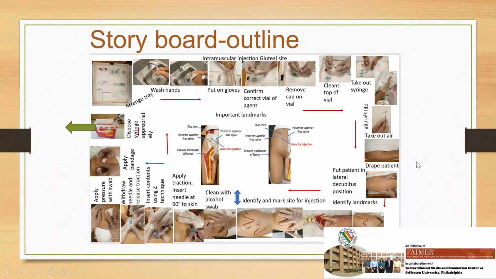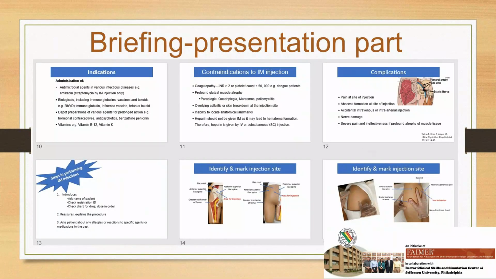After that, what is usually the process for any simulation? You build up a storyboard. In the next slide, we are going to show how to build a storyboard. The storyboard is built looking at all the components, from the first thing to the end. We took thousands of pictures of each step. Each step was run a number of times. For example, in the US they dispose of syringes, while we have a syringe cutter in India. So some steps are country specific, and we changed those. We ran through this storyboard and developed the various components of it.